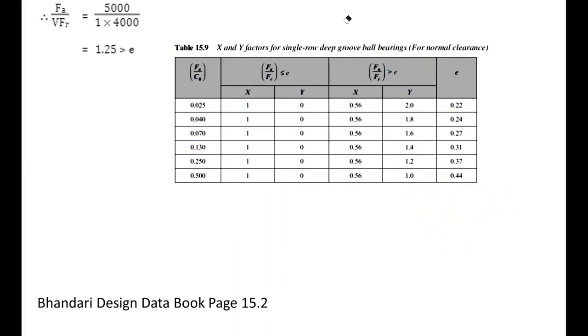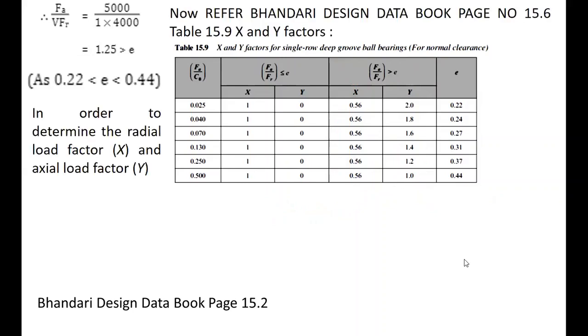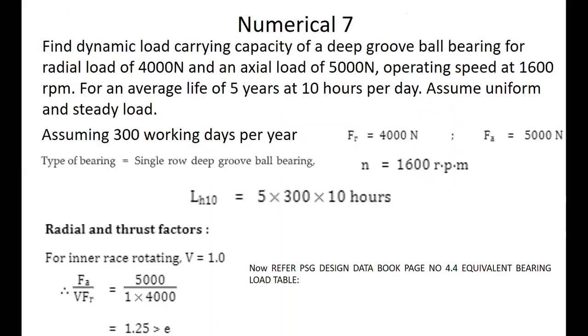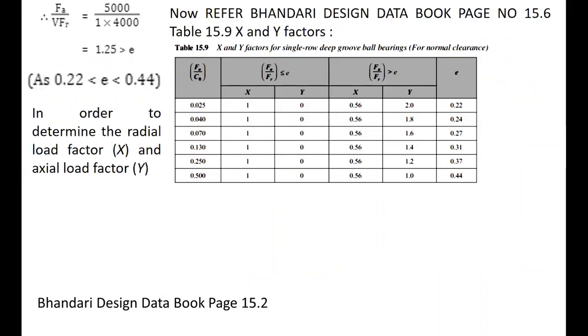So we are going to select this table for selection of our X and Y. Right? So if you see this table, already you understand that everywhere X is 0.56. So we already found out our X value, which is 0.56, but Y value is changing. So if Y value is changing, the next thing you have to do is that you have to find out FA upon CO, right? So if you see here, the value of the CO, static load carrying capacity,